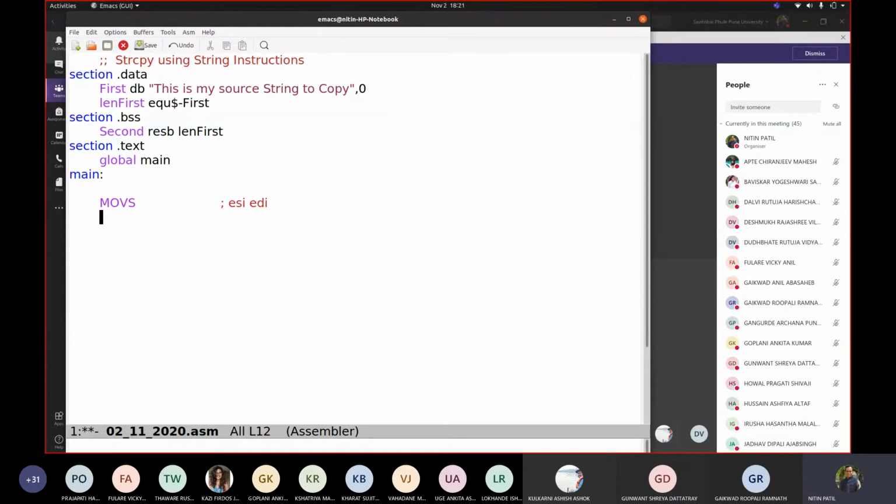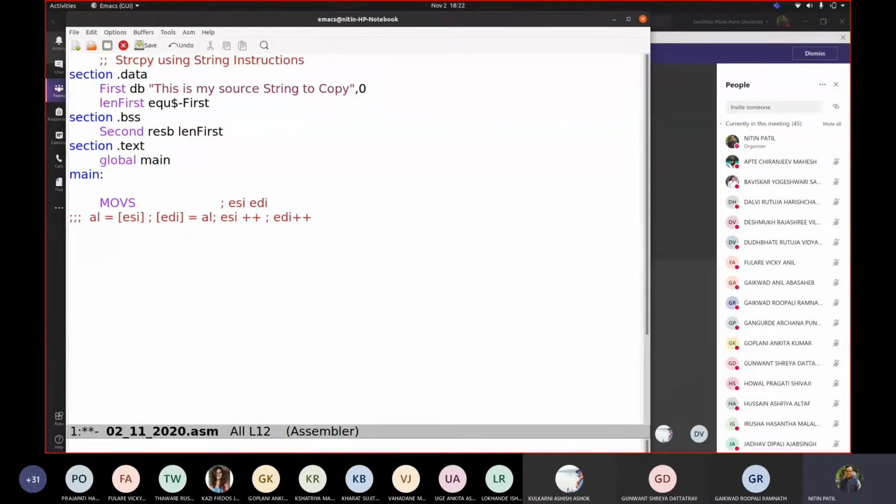When you write this instruction, it works this way: AL is equal to the contents of ESI, then the contents of EDI equal to AL. And after this operation is done, ESI plus plus and EDI plus plus.